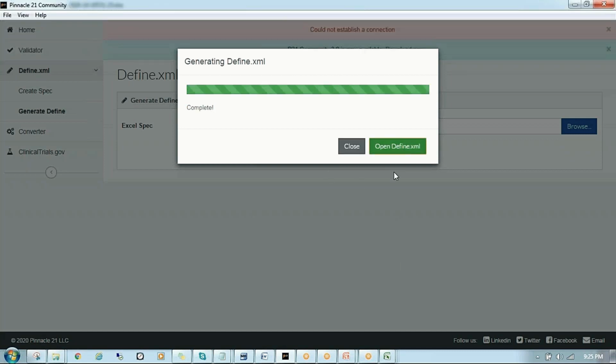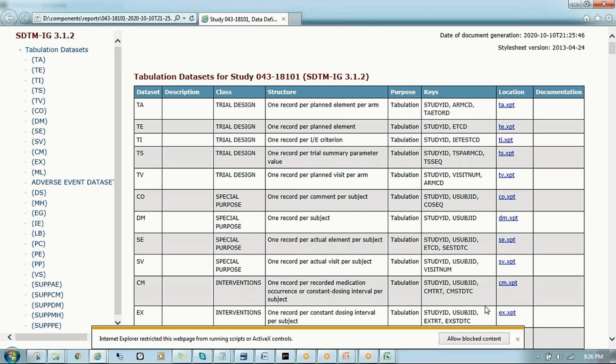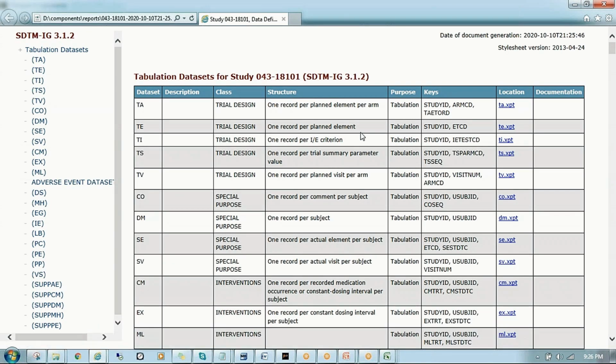It is produced, so open the define.xml. If you click on this, it will automatically open the define.xml page.